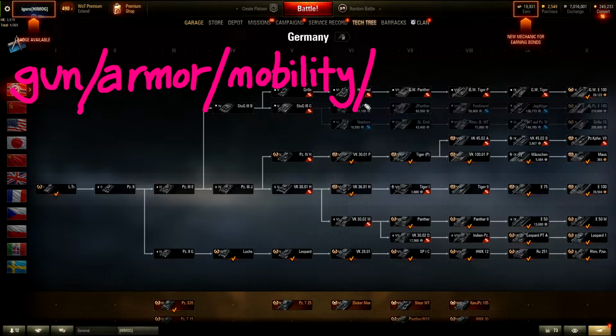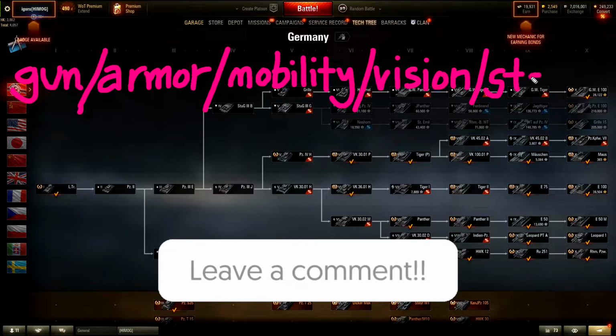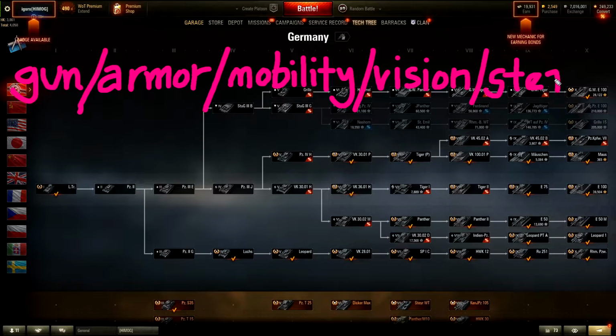The next thing you also want to consider is vision. What is vision? Vision means the view range of the particular tank that you want to play. The view range decides how far you can see into the field, how far you can look towards your enemy. So this is an important metric that you need to consider as well. The last is stealth. Stealth is the camouflage value of every tank. And this is an important metric to consider when you pick out a tank as well,